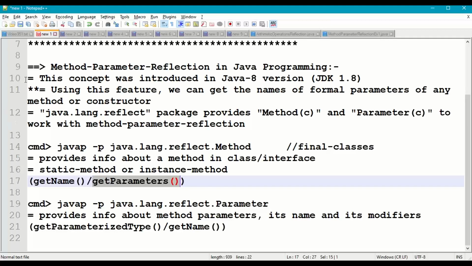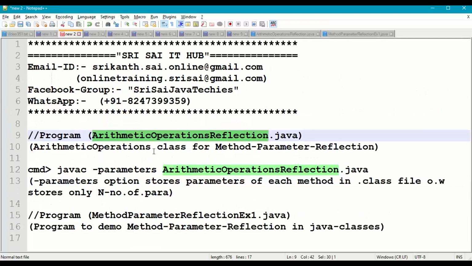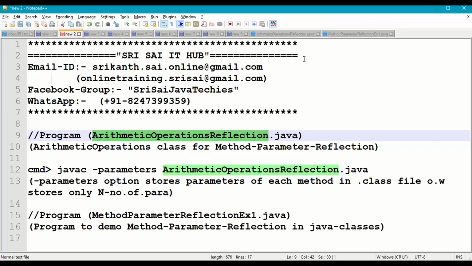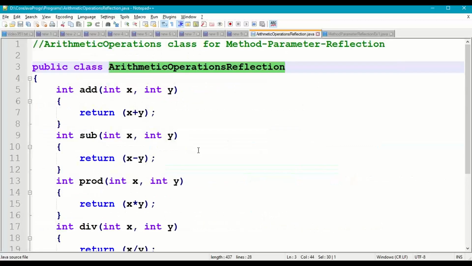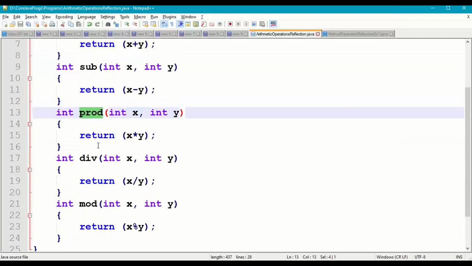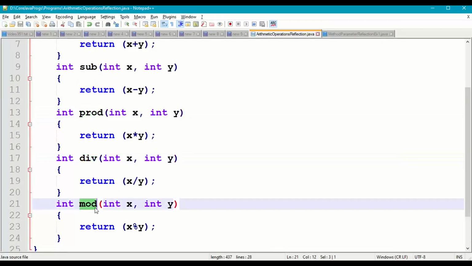So let us try to demonstrate this with a small program: ArithmeticOperationsReflection and MethodParameterReflectionExample1. Let us start with ArithmeticOperationsReflection. We are taking a public class. In this class we are taking 5 methods for arithmetic operations: add, sub, product, div, and modulo.